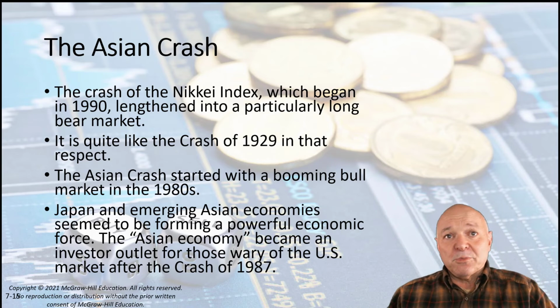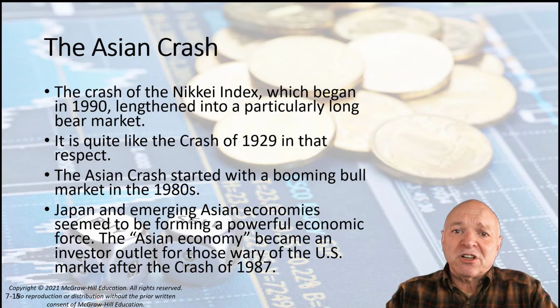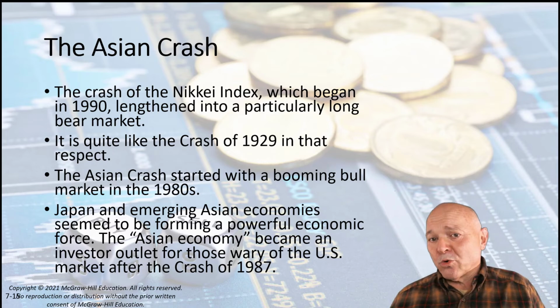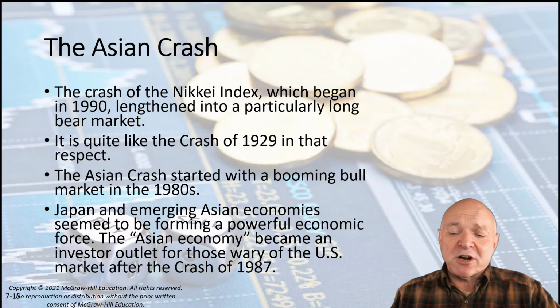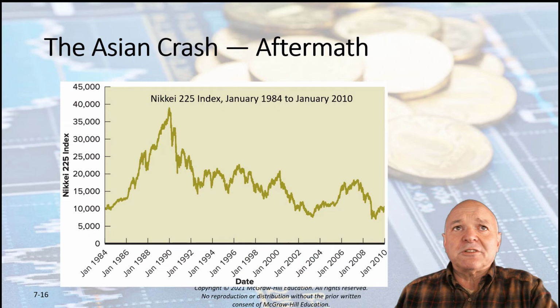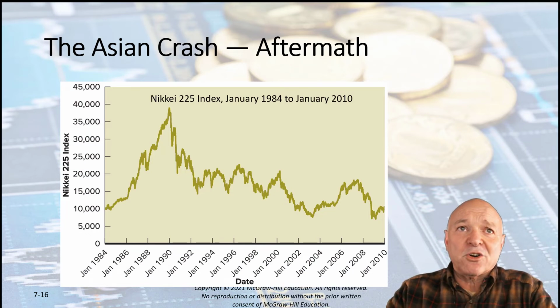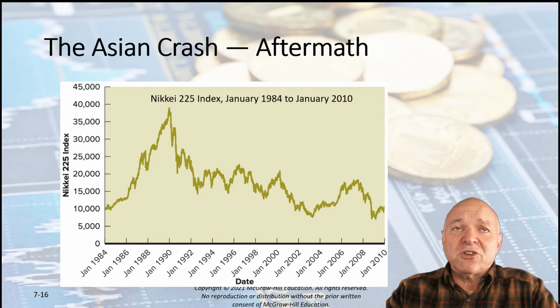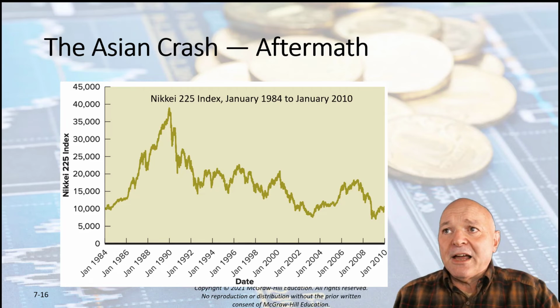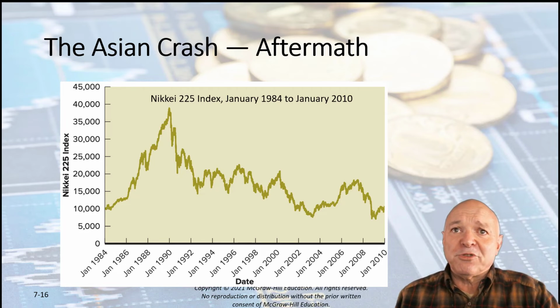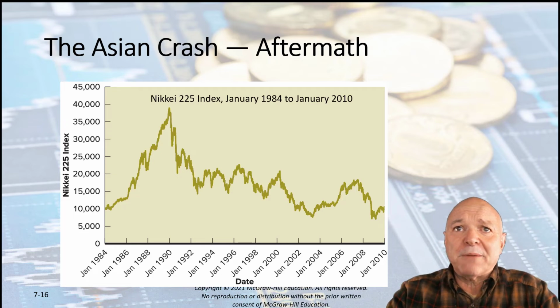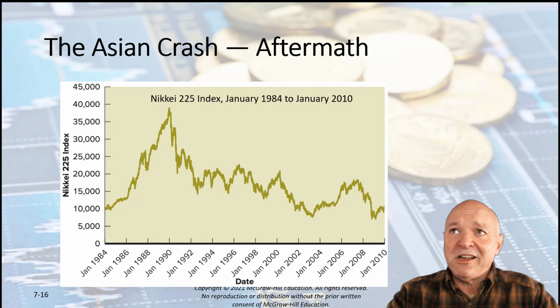And so the result of this was a regional collapse that affected the entire world market, but was focused in that market. And as a result, we see this from the Nikkei, but it was also reflected across Asia. We saw it went from a peak of about 40,000 on the Nikkei index down to about 10,000, and still has not fully recovered from that point, and led to a downturn in markets and an increased difficulty in raising capital.